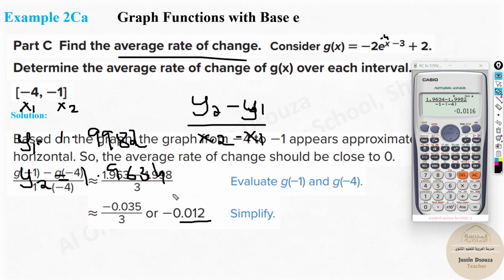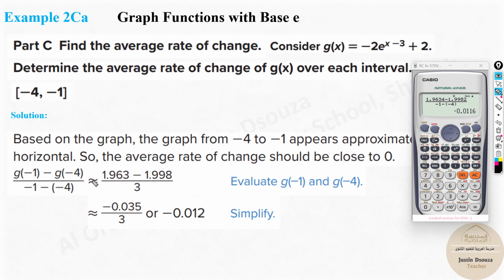Now over here, they have just taken 3 decimal points. That's the reason why we are thinking, oh, it's different. It's not different. When you simplify it, 0.01, this becomes 2. That's it. The answer is the same. It's just that they have taken only 3 decimal points, 1.998 and 1.1963. See, this is only 3 decimal points. That's the difference.